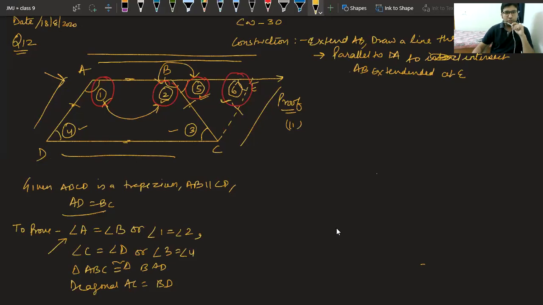Now, if you observe angle 4 and angle 6, what can you say about angle 4 and angle 6, class? You have to observe everything. Yes, they are opposite angles of a parallelogram and they are equal. Angle 4 is equal to angle 6 because opposite angles of a parallelogram are equal. Very easy. Second thing, class, we have got a relation between 6 and 4.